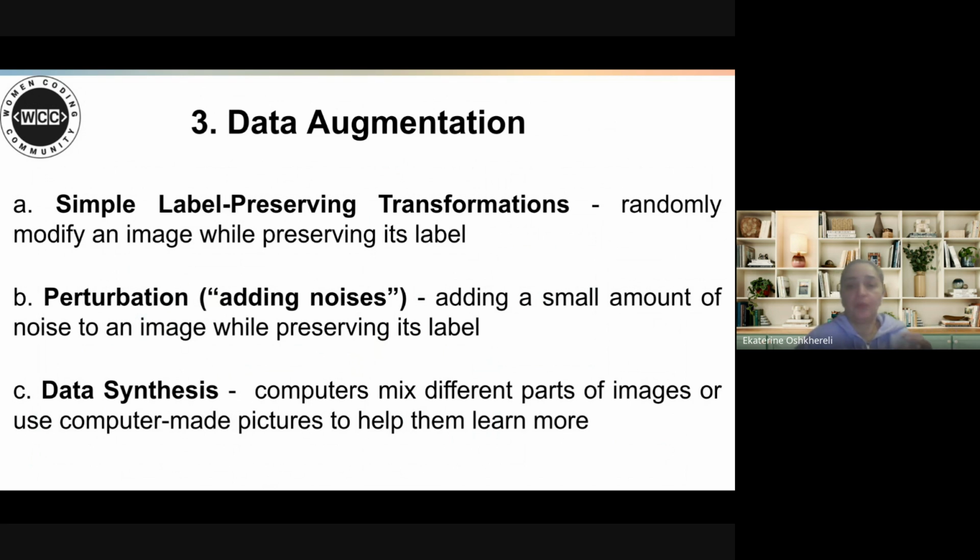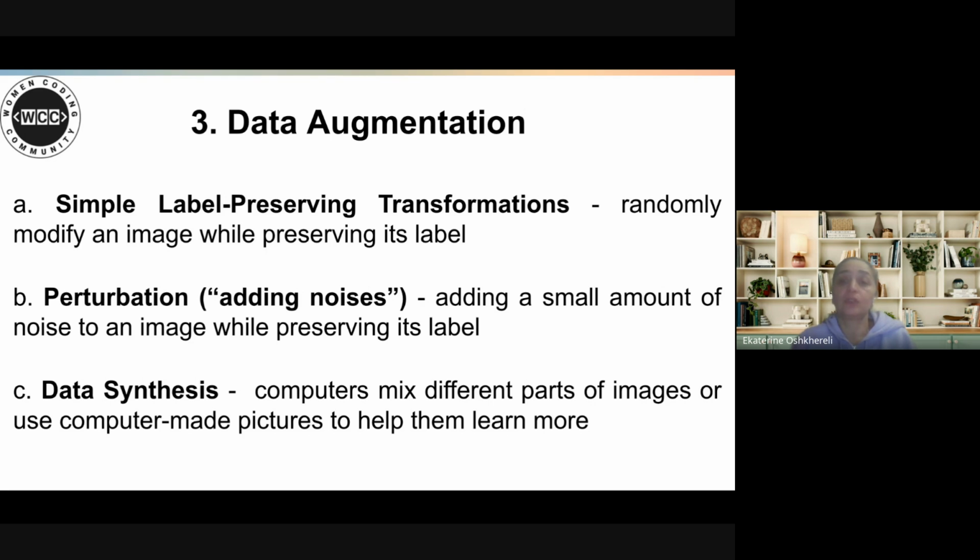For example, we can give a different color to the eyes, or change their shape, or whatever it is. So we modify the image. Another way is perturbation, adding a small amount of noise while preserving the label.